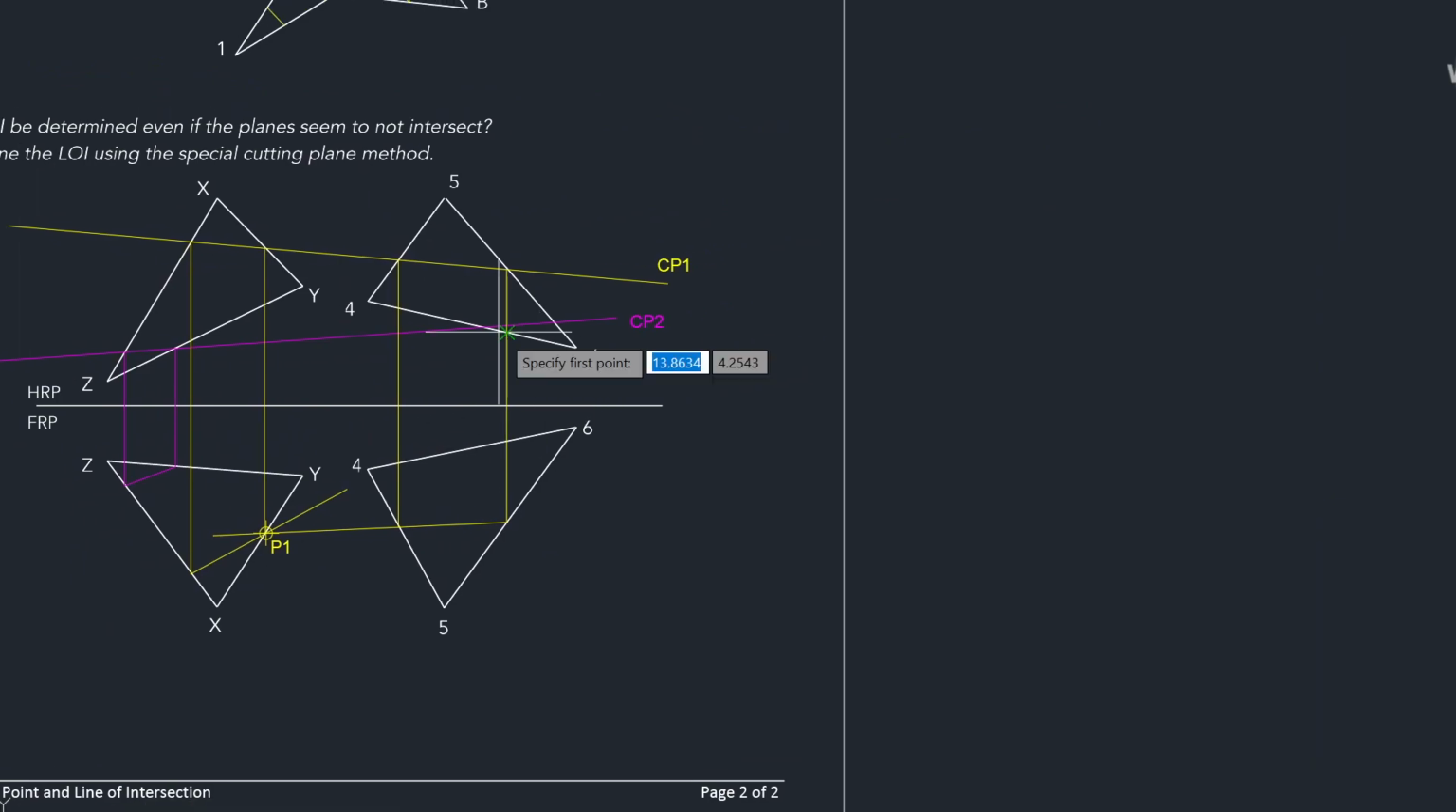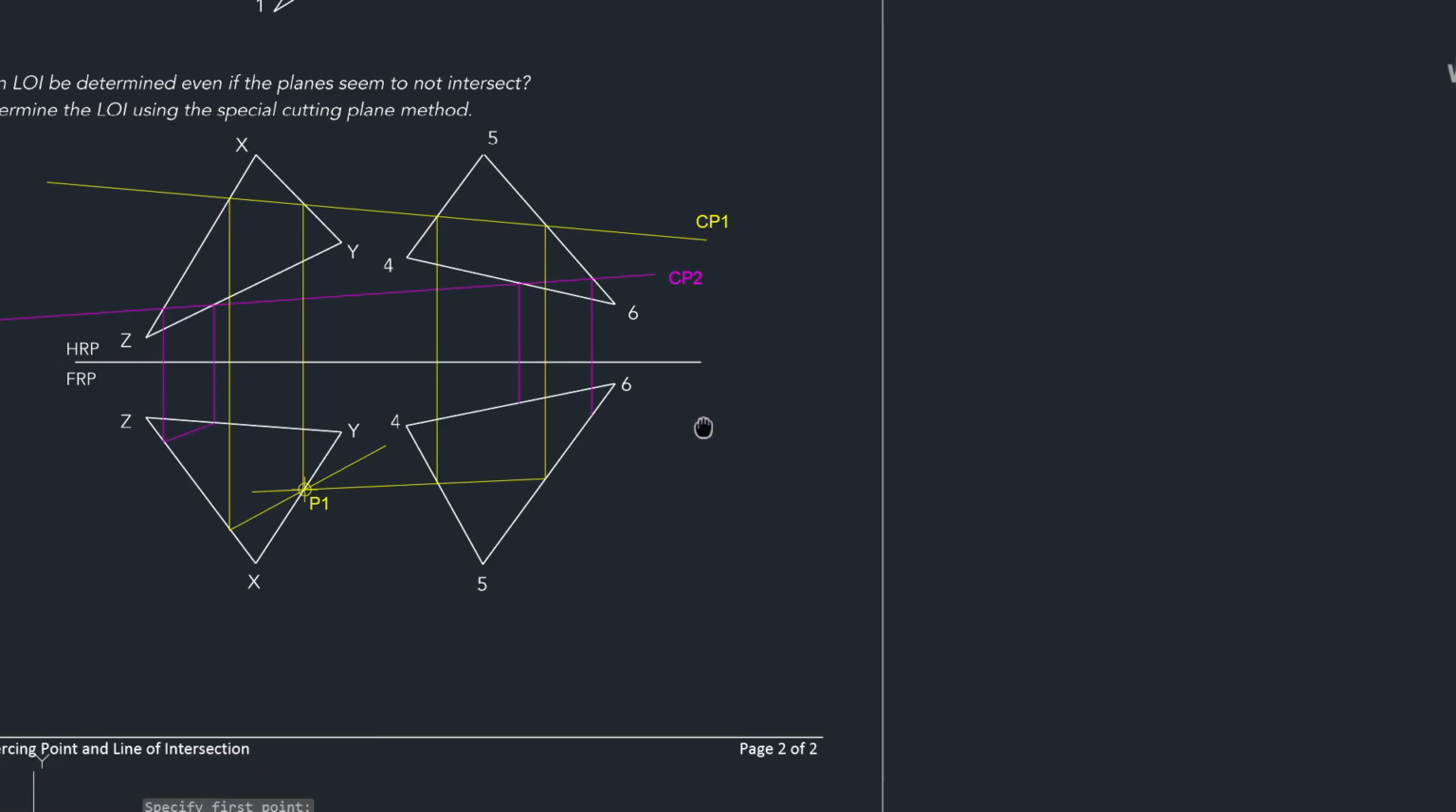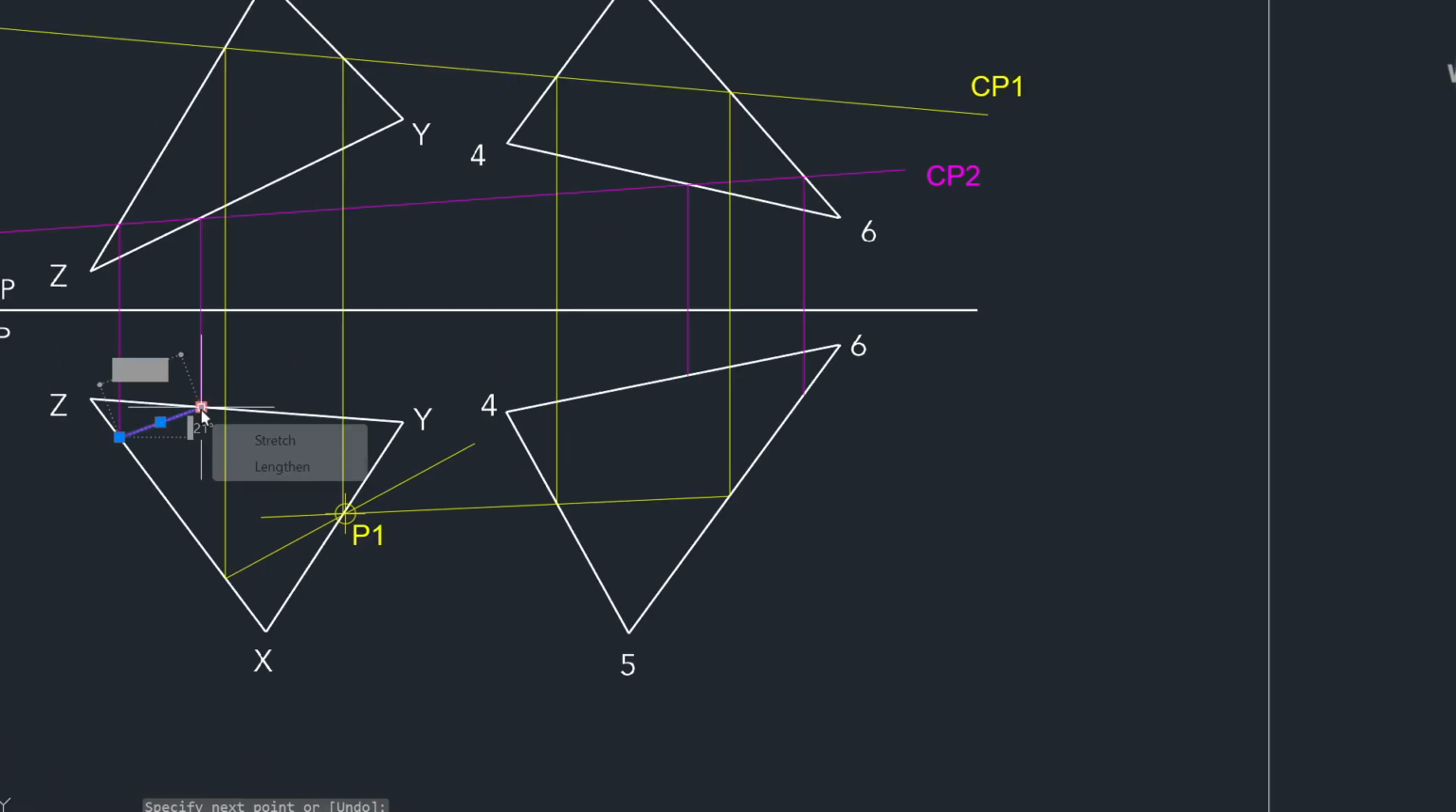Next is this. This is from 4-6, and this is 5-6. Like so. Tama. Now, I'll just extend this, and it looks like I'll cross into the other projection in the other view, no? Or maybe not. Let's extend it. Hindi naman. So, this is now